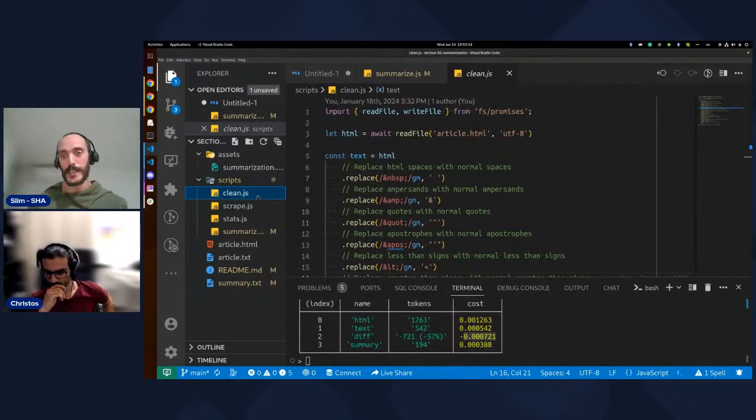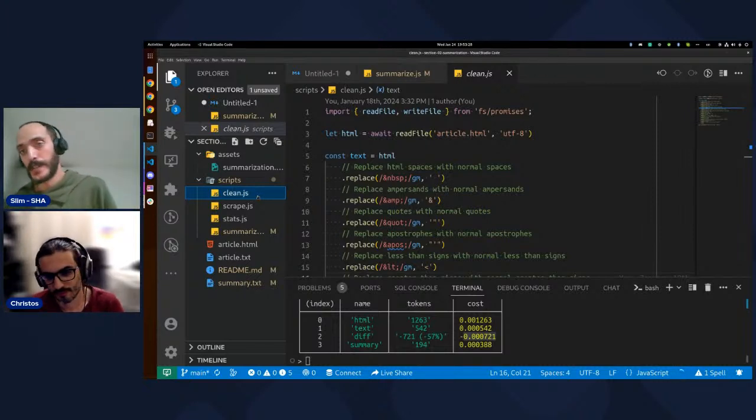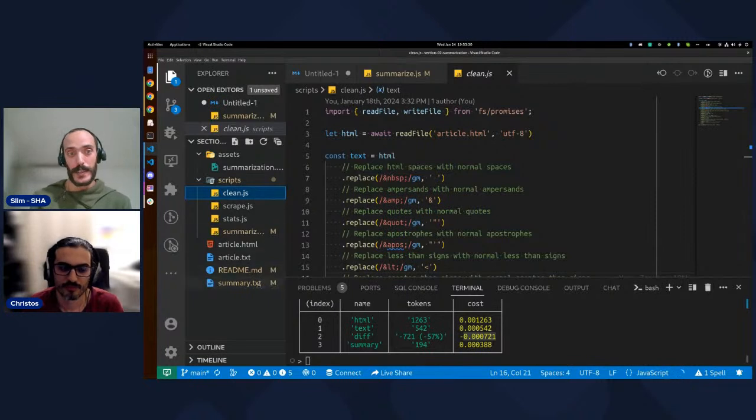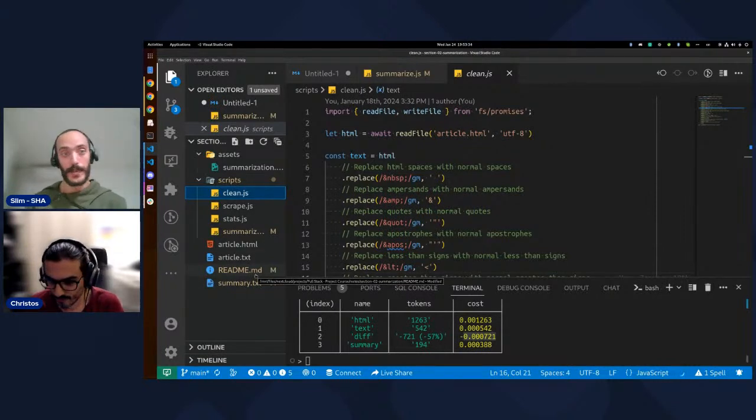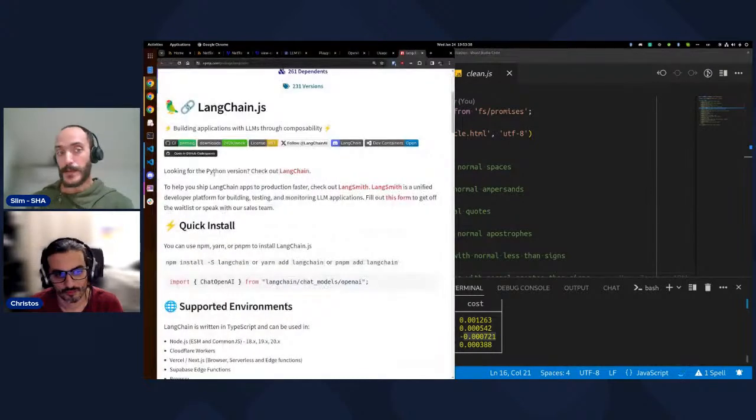So instead of paying for all of that, we can write some piece of code to extract the text that we need to be summarized, and we feed that text to OpenAI, and we reduce the cost by half. And we also can use some open libraries that act similarly to OpenAI,